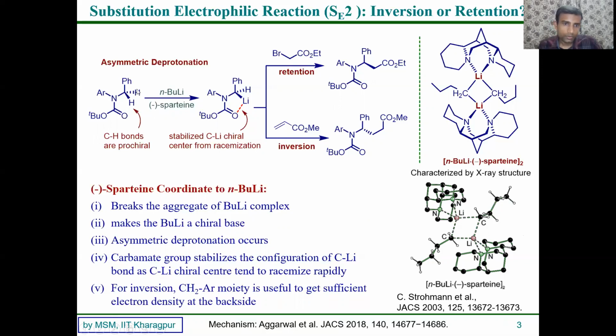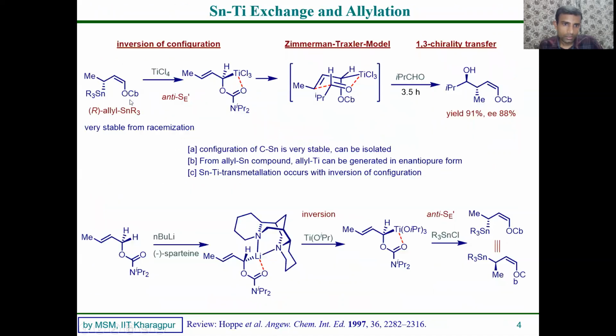Okay, so here, because this is a prochiral substrate, and sparteine and butyl lithium make a chiral base, it deprotonates the top proton selectively, and you get this one. While studying this allylation chemistry, we want to use this sparteine butyl lithium combination to deprotonate and get our required substrate. So if you take this allyl alcohol protected as a carbamate, which also has two prochiral protons, by taking sparteine and n-butyl lithium, selectively this bottom proton can be deprotonated.